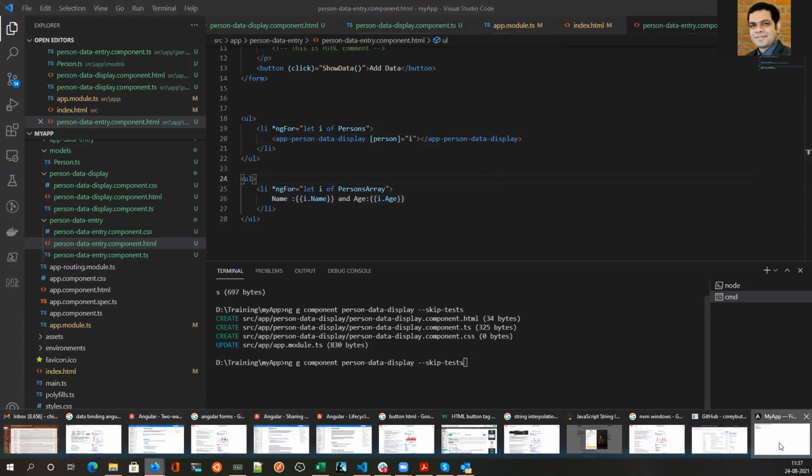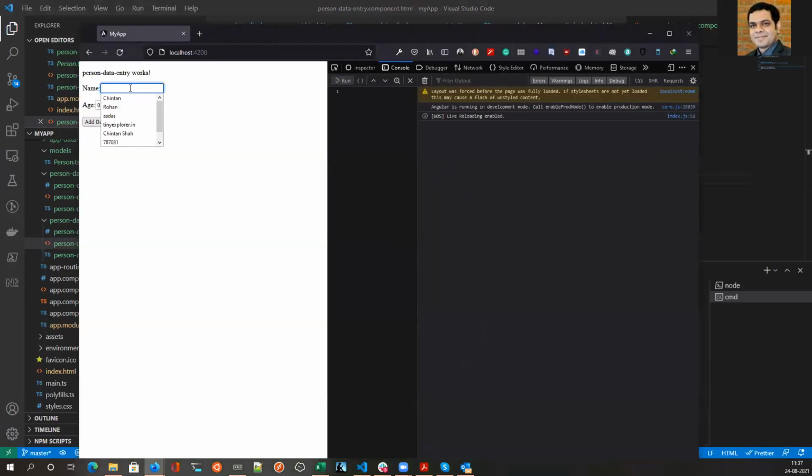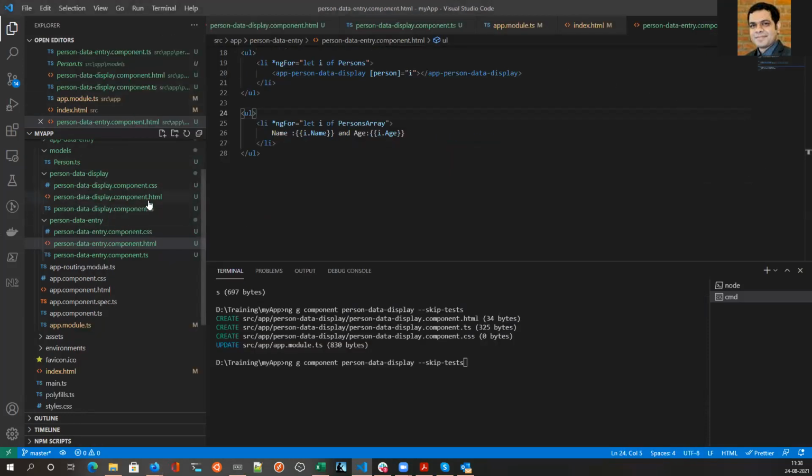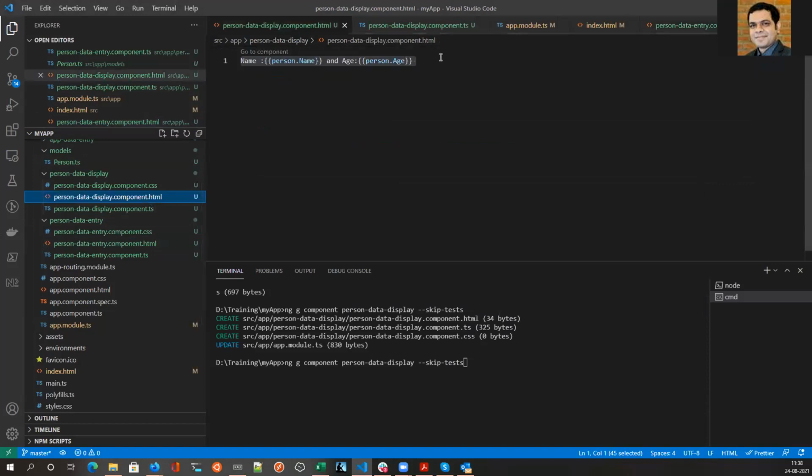Let's see how it works. You see, the first one is the one where we are doing it through a custom element. Let me just customize it so everybody knows it's from custom.